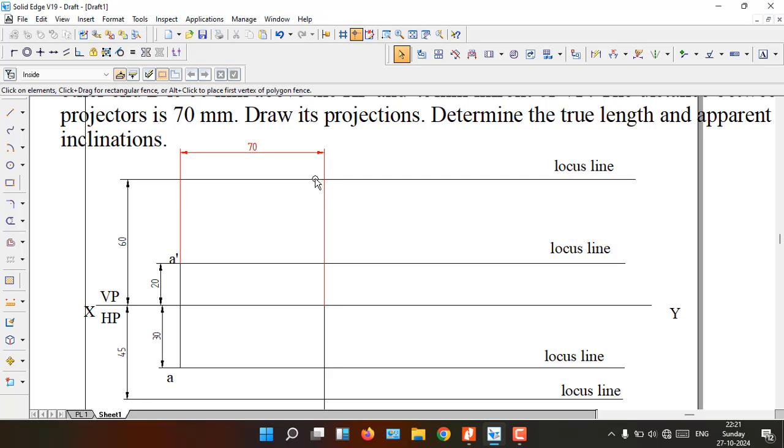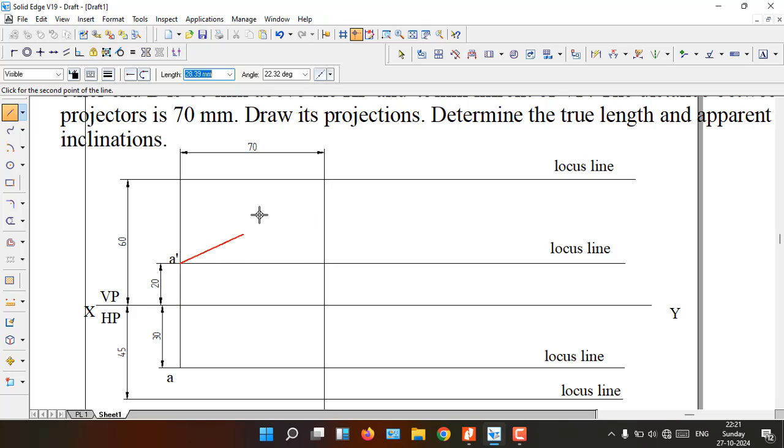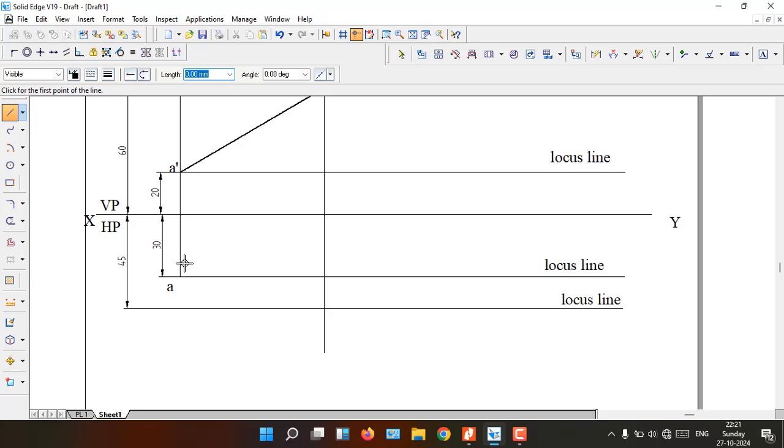So now you can see both these lines will intersect at some point. That intersection point will represent the front and the top view, that is the apparent length of the line. So now just slowly move and connect it here. That will be the front view, and from this end slowly move to this intersection, and this will be the